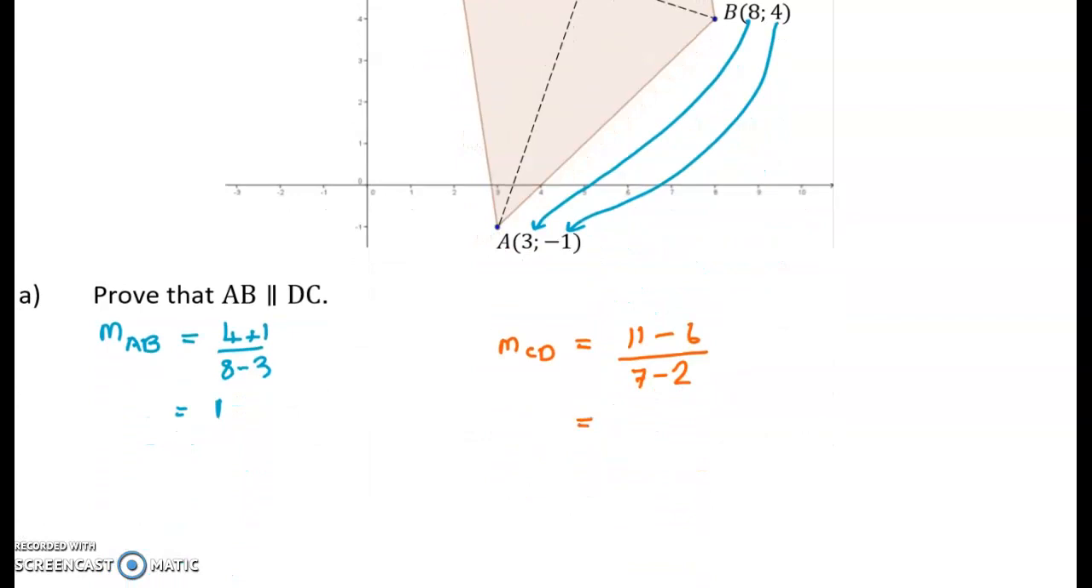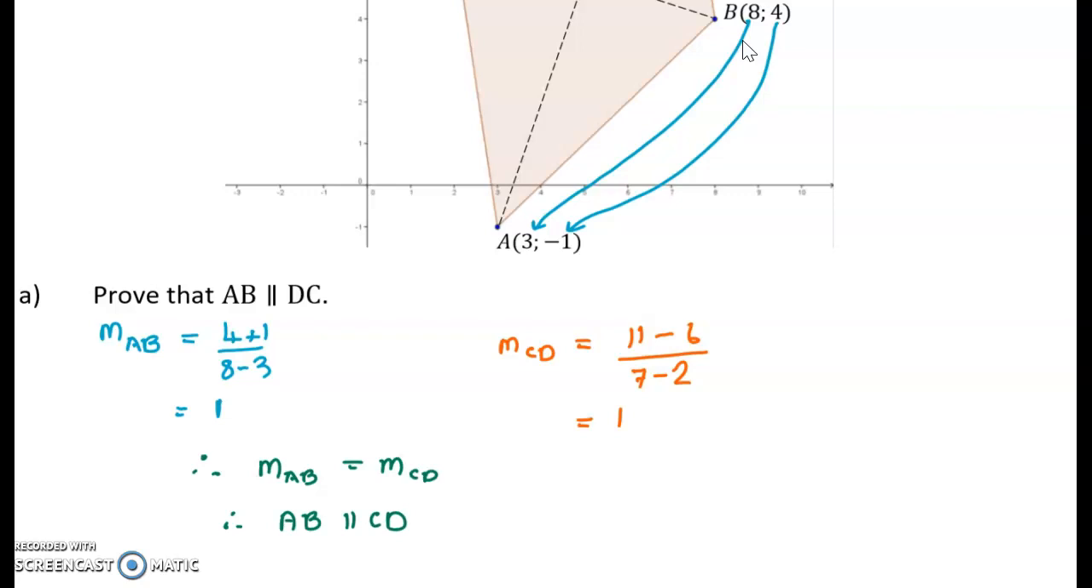Okay, now this gives you 5 over 5, which is 1. Now that's wonderful. Now, because it said prove, you actually therefore have to make a conclusion. So I should say, therefore, the gradient of AB equals the gradient of CD. So therefore,